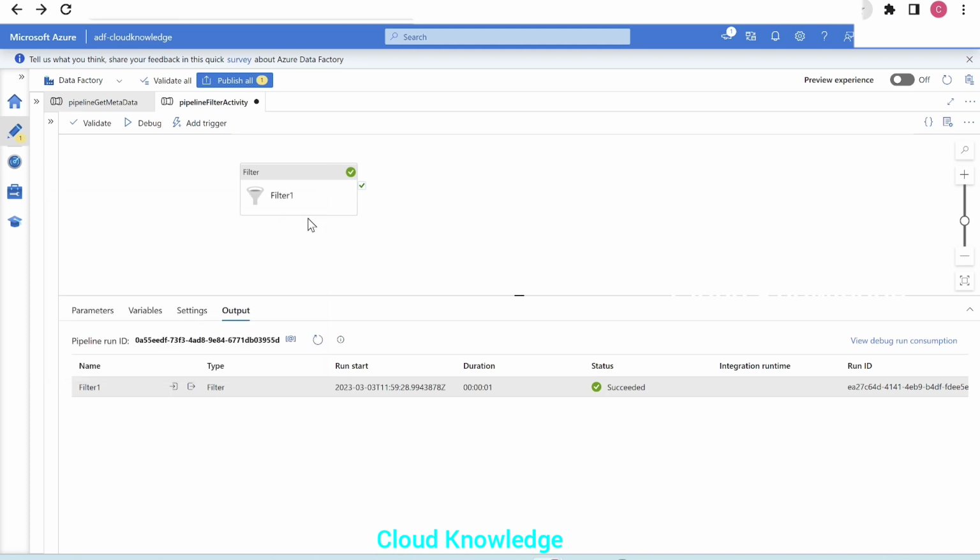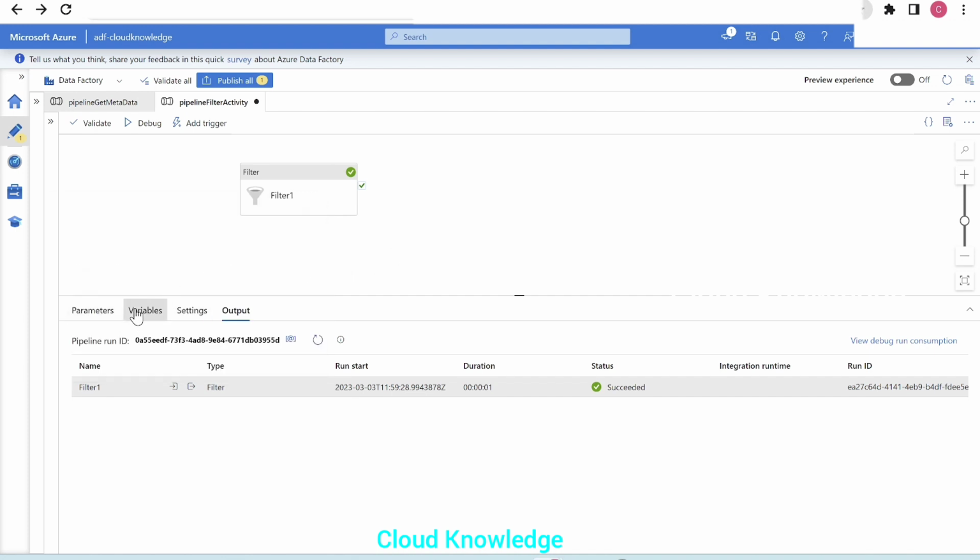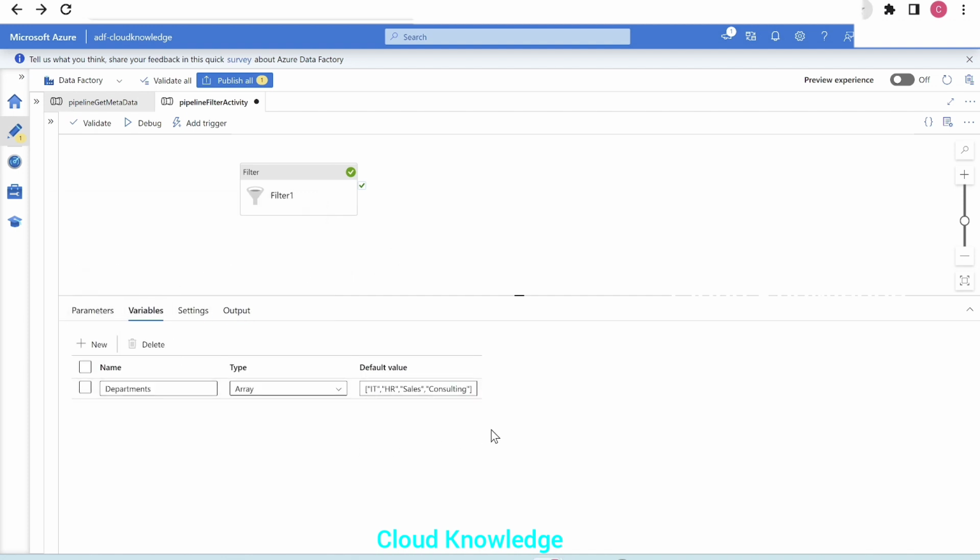The input coming to the filter activity is the array of values, filter out only HR, so the output given is only HR. So this is how we filtered from the input variables, that is the departments array, only HR for us.